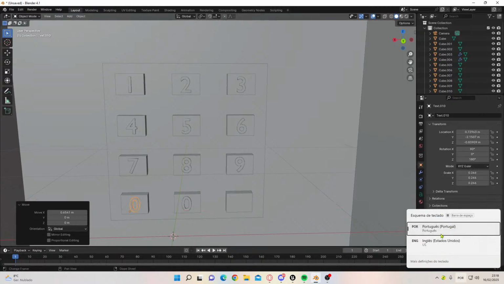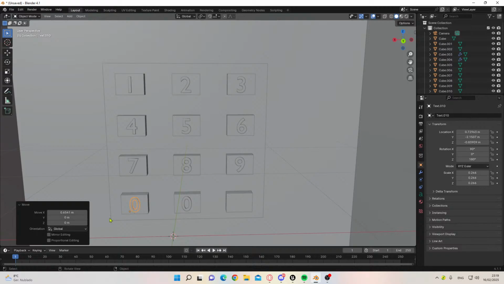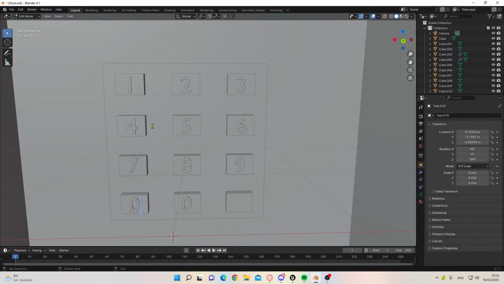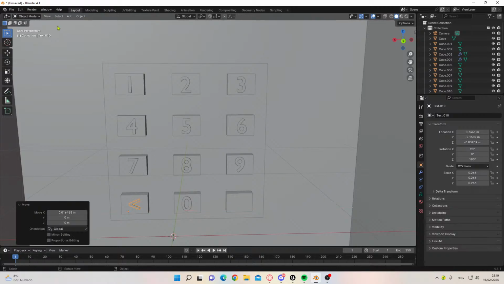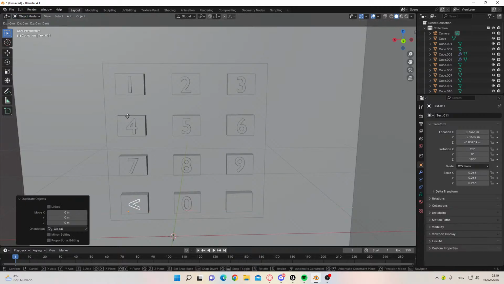Change this my language to English, then we're gonna need to edit mode, and like just like this. Okay, then GX, we need to center it, then we shift D again, GX,